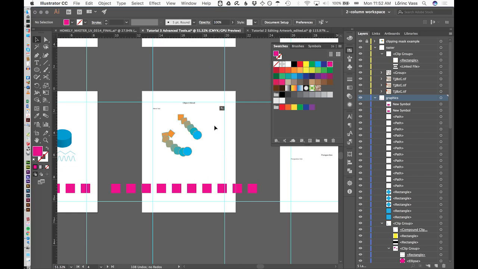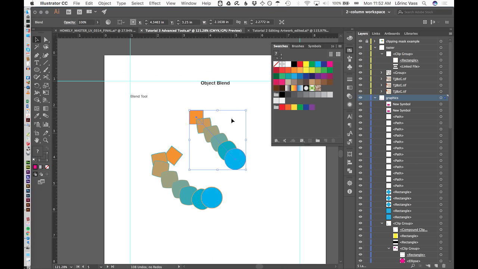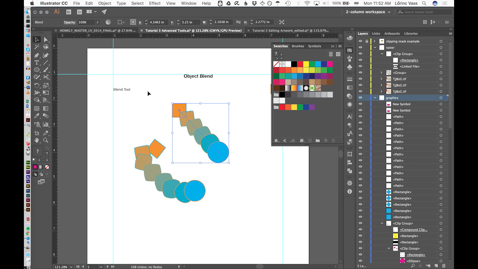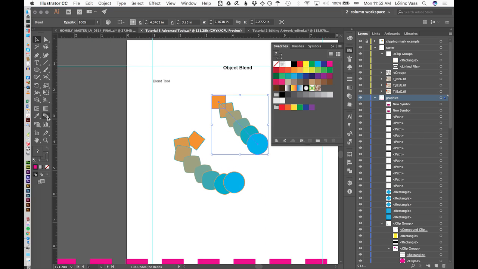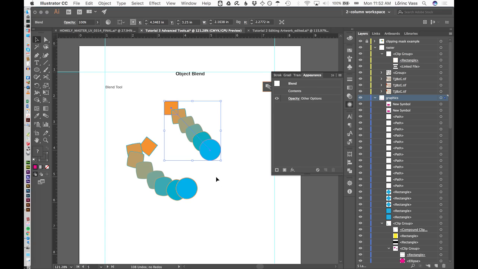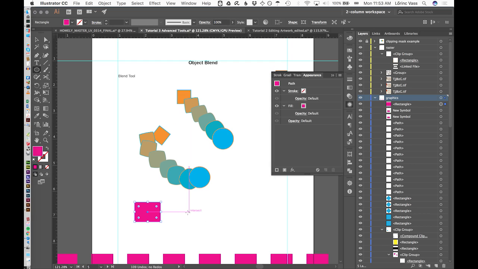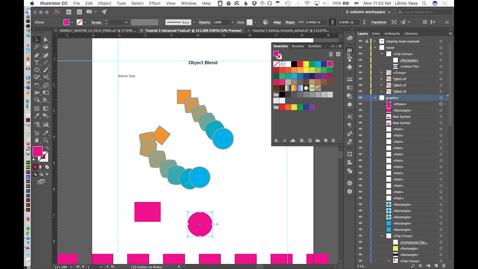And then lastly, somewhat related to this is again a tool that I'm not super familiar with, but can be very useful to create a quick transition between two geometries. It's the blend tool, which you can find right in the bottom part of the tool palette. And so what is happening here, let me just remember how I did this, is that I think you start with two shapes,